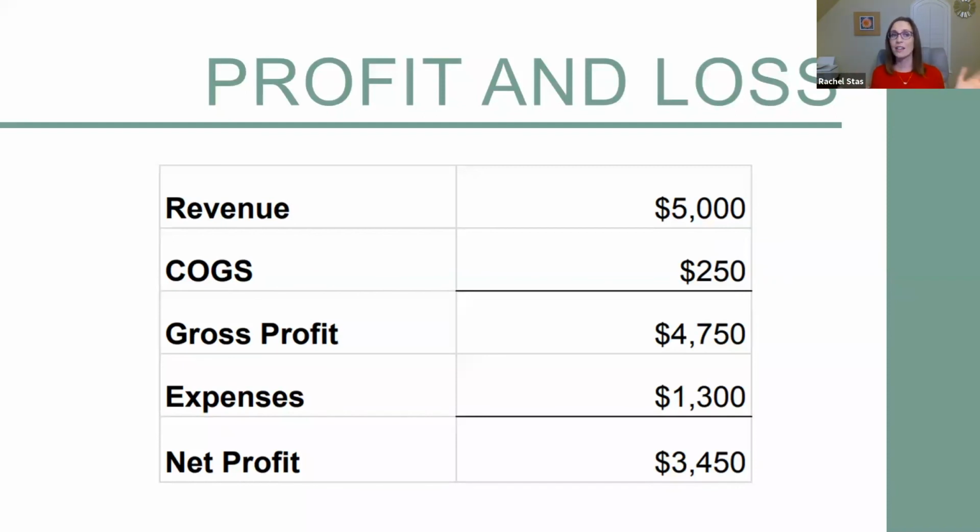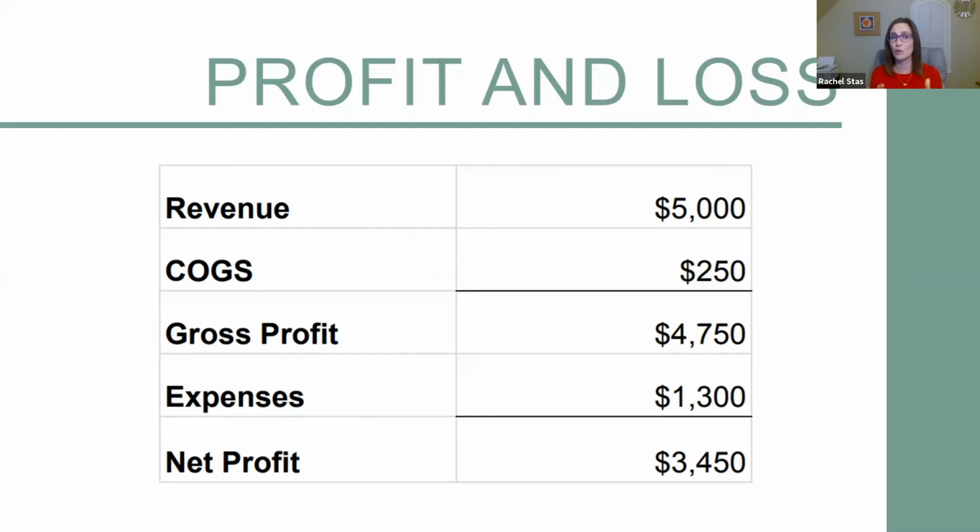So then you take your revenue and you subtract your cost of goods sold, and that gives you your gross profit. Now, if this number is negative, you have a problem. You need to stop what you are doing, because nothing is going to improve until this number is at least positive. So you either are going to need to increase what you're charging people, or you're going to need to find new vendors so that your cost of goods sold is cheaper. But your gross profit has to be positive, or it's not a sustainable business.